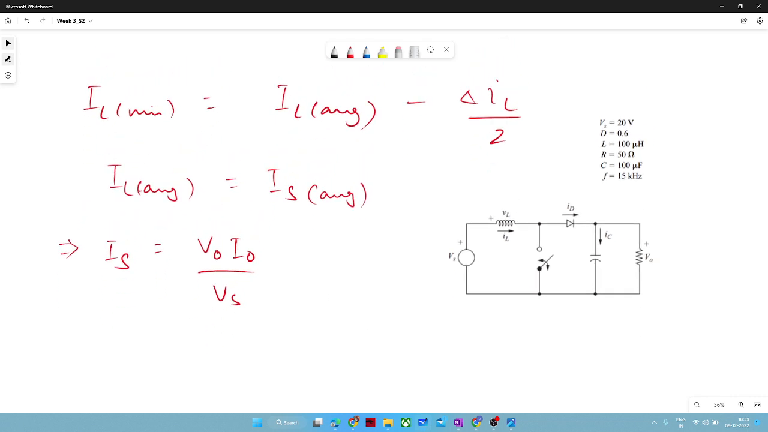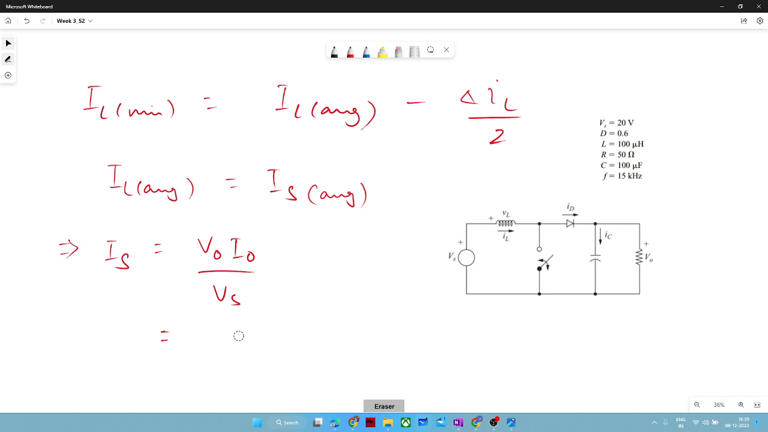We found Is in terms of V naught I naught by Vs. Now we do not know V naught. We can write V naught in terms of Vs. V naught by Vs is equal to 1 by D, since